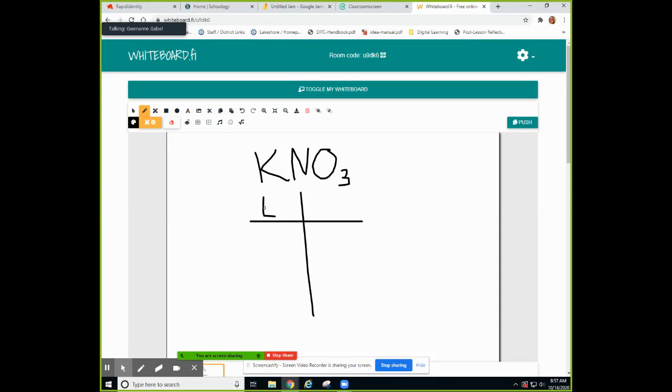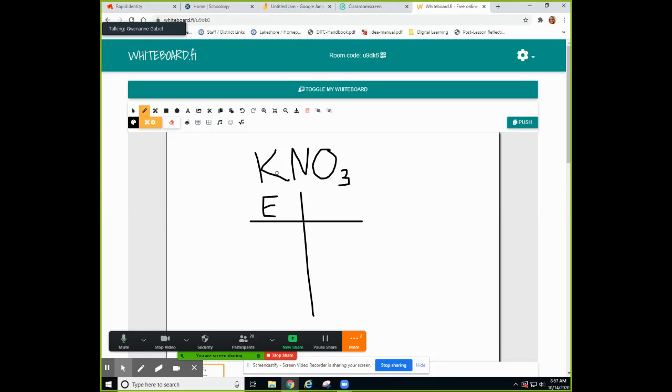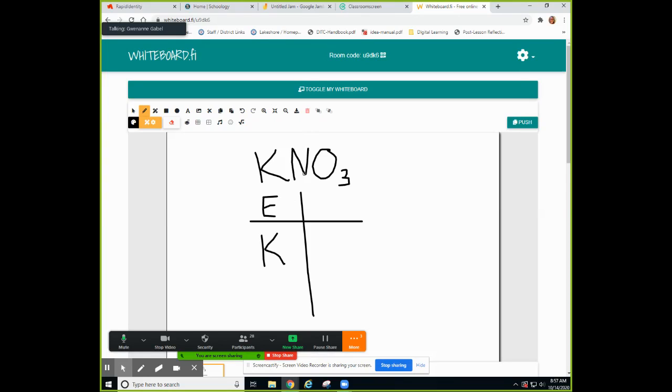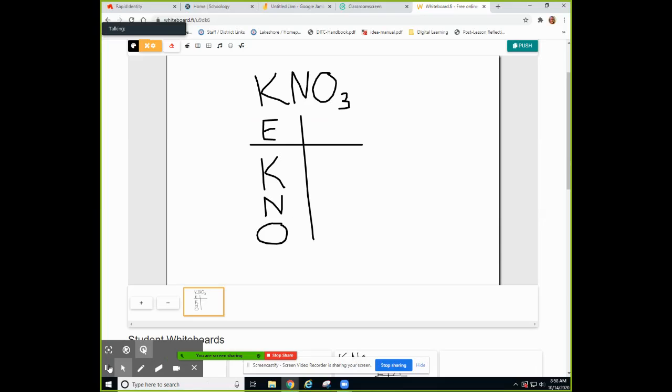Our first step is to list our elements. So we have potassium, which is the letter K. And remember, we're focusing on the capital letters. Nitrogen, which is a capital N. Oxygen, which is a capital O. Okay? All right, so